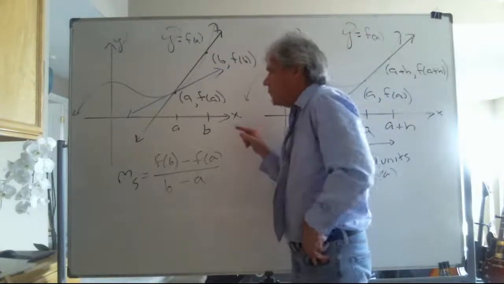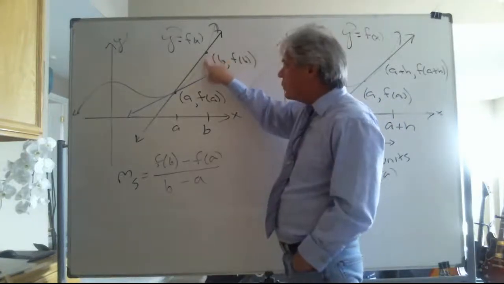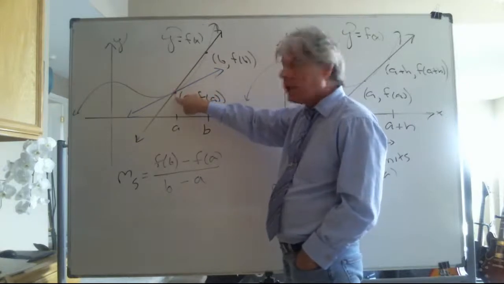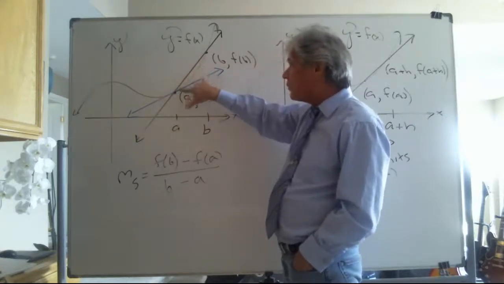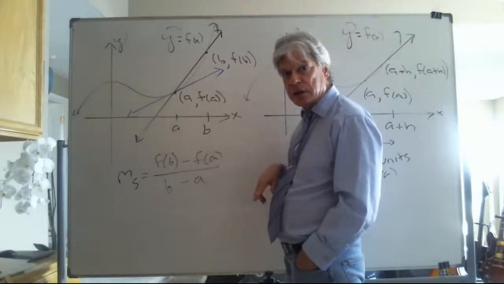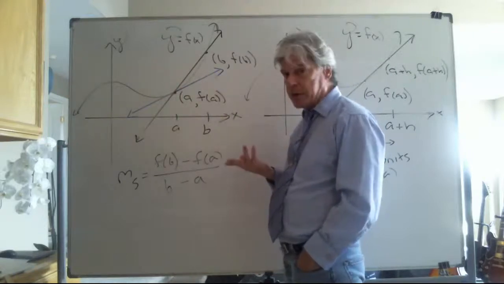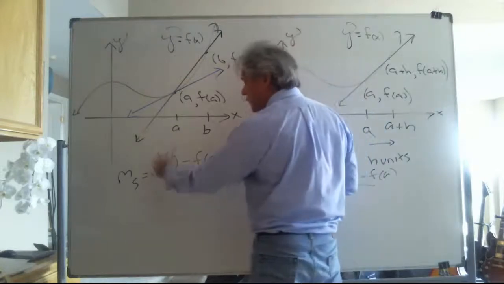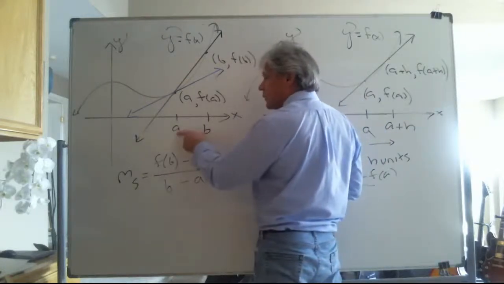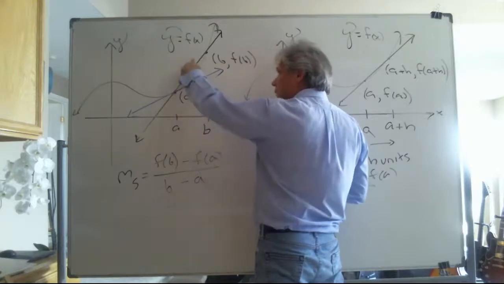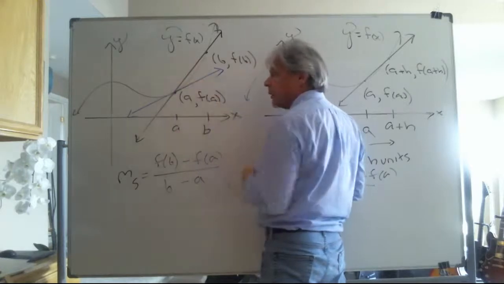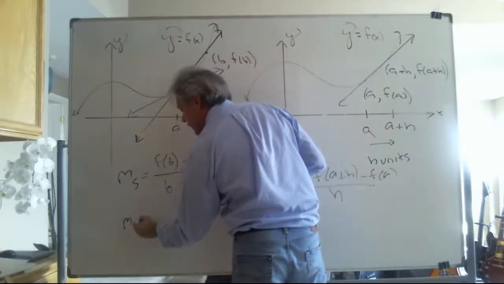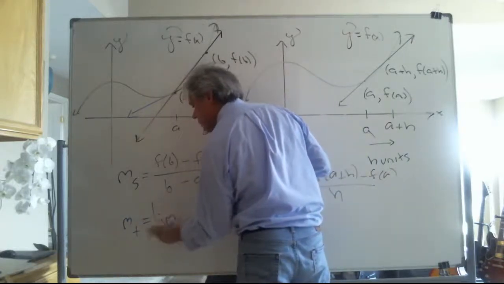So here's what I'm going to do. Imagine what's going to happen if this point moves along the curve closer and closer to that one, while this one remains fixed. My secant lines are all going to change. They're going to converge onto that blue tangent line. Well, that sounds like a limiting process. So numerically speaking, if I merely take the limit of this difference quotient as b gets closer and closer to a, then the slope of that secant line is going to get closer and closer, numerically speaking, to the slope of the tangent line. So the slope of the tangent line can now be interpreted as the limit